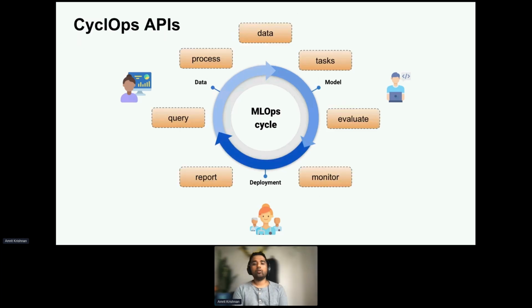So in order to facilitate these three things, which typically happens in this sort of cyclical feedback loop, we started building APIs. So for example, to enable researchers and engineers to fetch data from a stored database, we started working on a query API. And this data, once extracted, needs to be processed. It needs to be cleaned such that you can extract useful feature representations. So we started working on a process API,